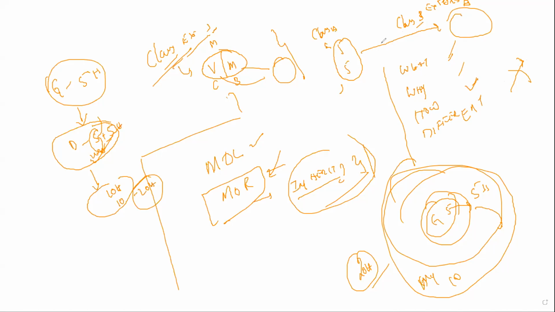Any doubts here? Chris asks, can one main class have two child classes? I'll come back to that. When it comes to the different types of inheritance, I'll talk about that. But here we need to understand what inheritance is and how to implement it with the help of the extends keyword. I'll write the program and show it. But concept-wise, did you understand what inheritance is and how to use it? Yes, Chris. Cool. Why do we need inheritance? Any answers?